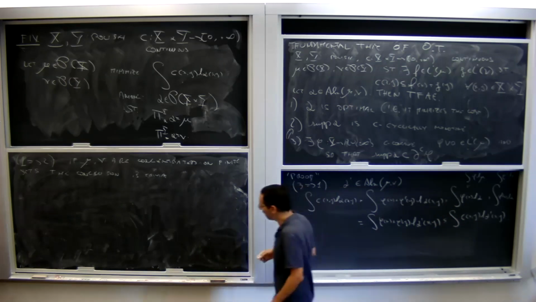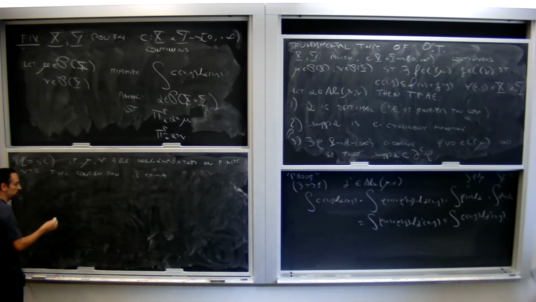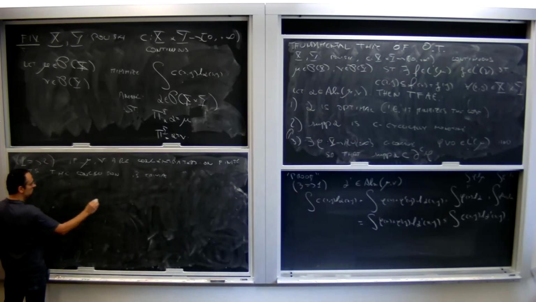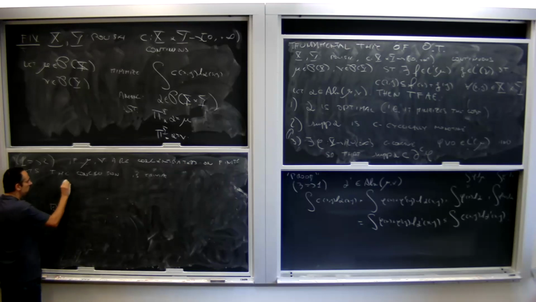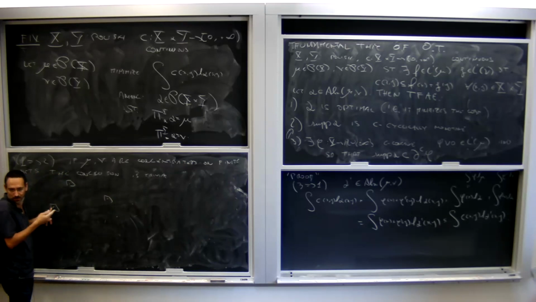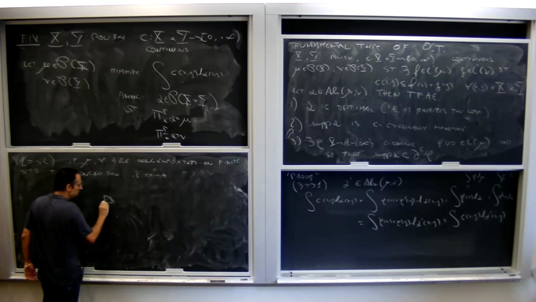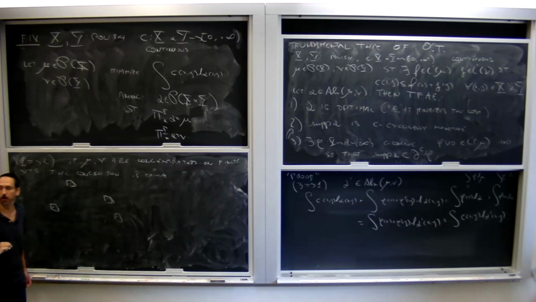Basically, the idea is this. Suppose, again by contradiction, that the support of alpha is not c-cyclically monotone. Then we can find a finite number of points in the product and a permutation where the strict inequality fails. The single points typically will have zero mass, because measures could be diffused. But by continuity, we can find small neighborhoods, product neighborhoods of these points, where the strict inequality still fails with the same permutation.